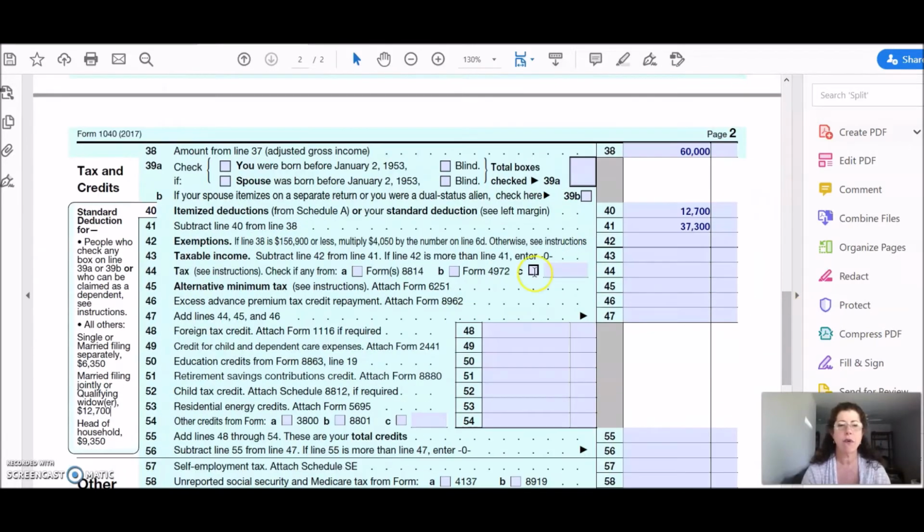So if you take the 4 times the 4,050, we should have $16,200 right here that we get to also deduct. And then taxable income, subtract line 42 from line 41. See why people were already getting headaches just by doing this? If I did my math right, oh, I didn't. This one should have been a 47. And that means that this one should now be, let's see, $31,100. Okay? If I've done that correct,